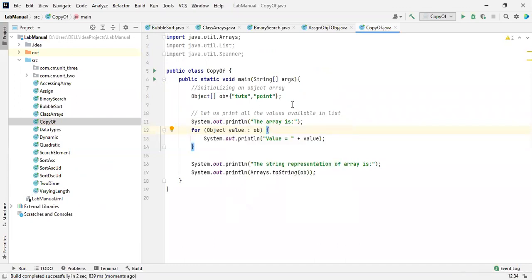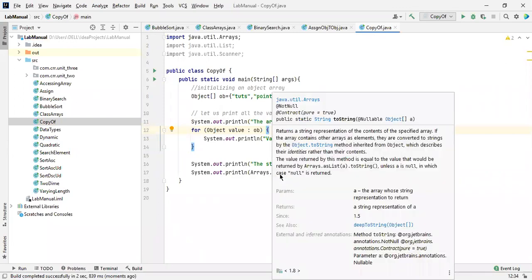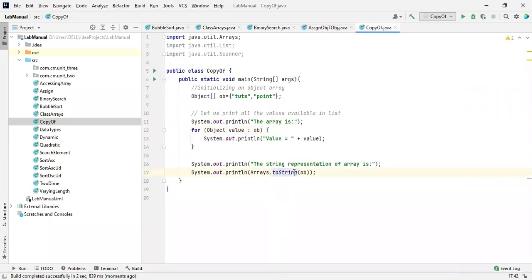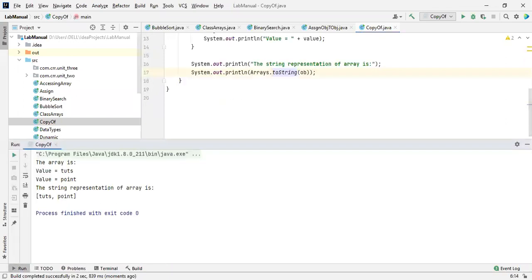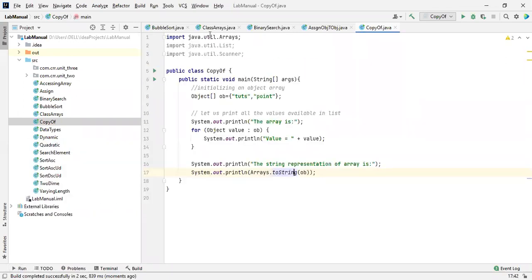When and where it will be useful is different. Don't say, sir, toString and deepToString are giving the same output. In this program they give the same output, but in some other programs, while we are working with databases, it gives a good output.